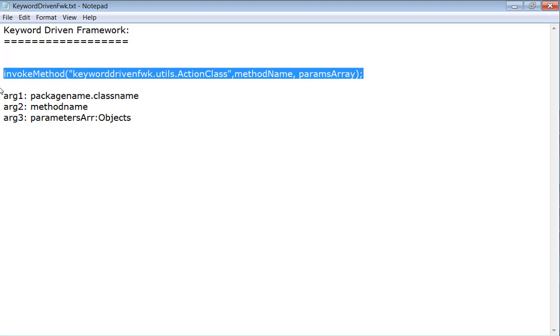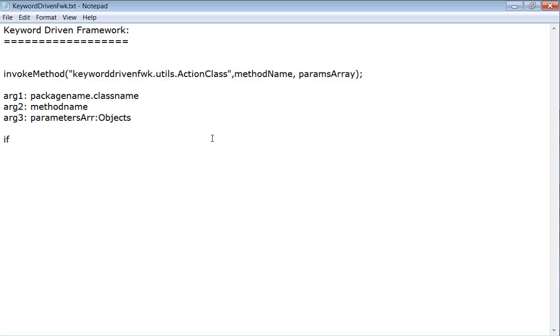We are just writing one line of statement. This line of statement will invoke the method in this class based upon the keyword we read from the XLSX and with these arguments. So it's very easy to implement as part of the framework. It will definitely minimize your lines of code. If you are putting if else conditional statements, you will definitely have a minimum of 30-40 lines. But if you write this line of statement, we are minimizing 30-40 lines of logic in our framework.